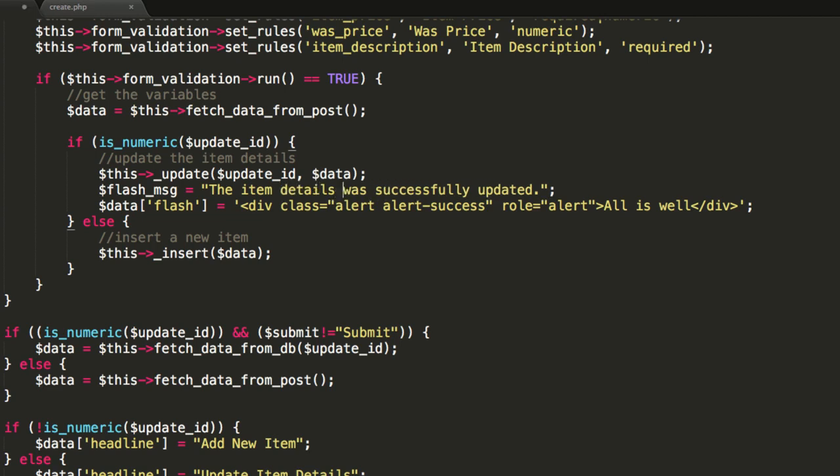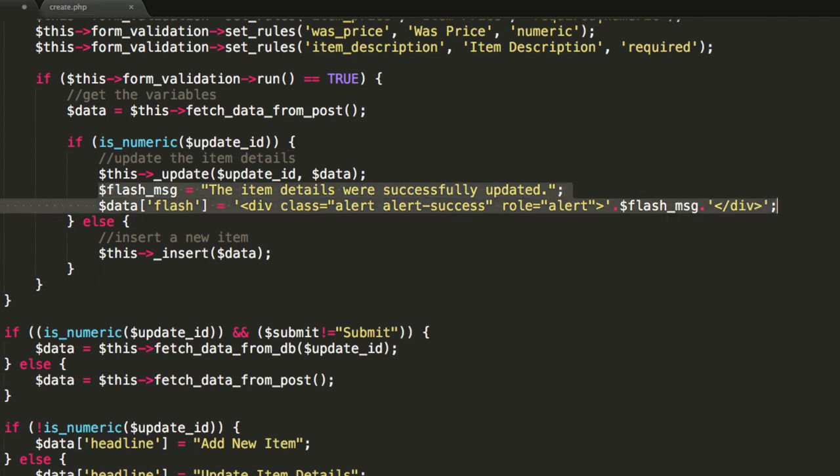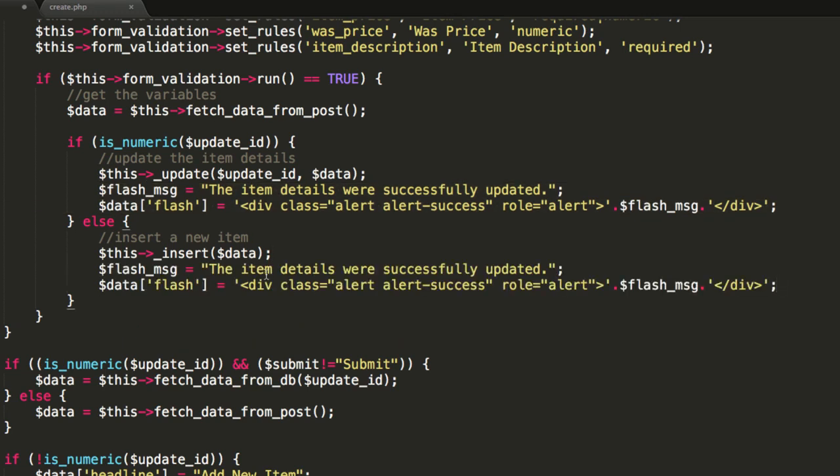Actually, the item details were successfully updated. And we're going to set the flash data like so. Okay, looks kind of cool to me. And if we do an insert, we'll say the item was successfully added. Okay, now